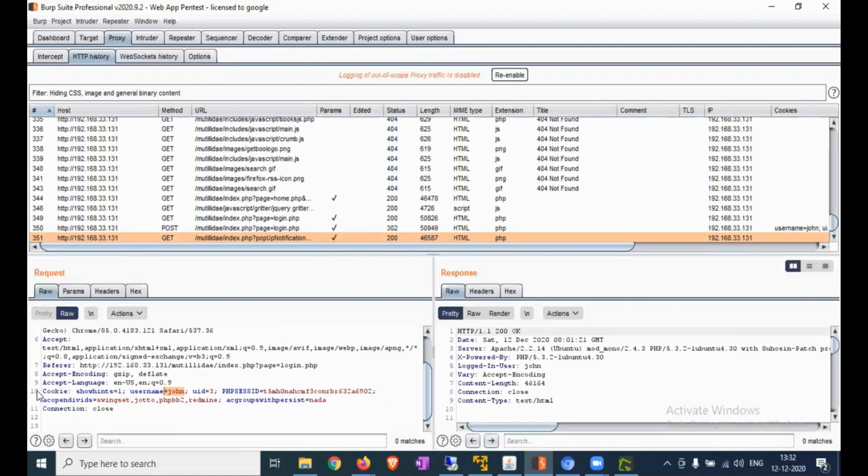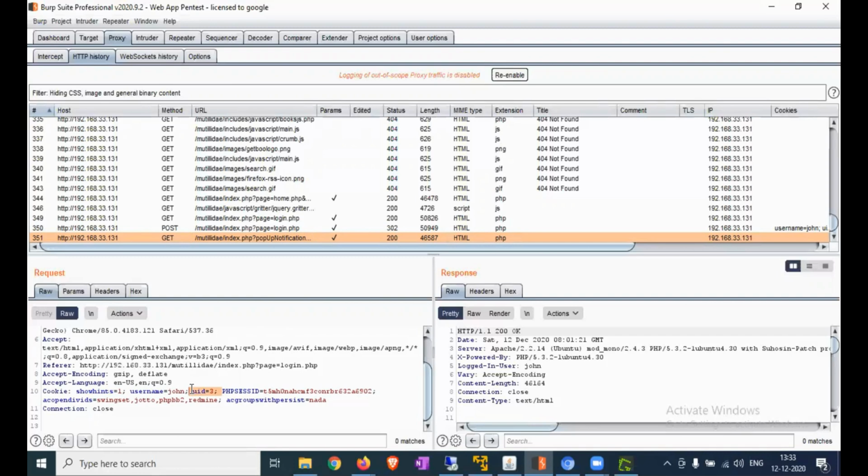First we have to check the cookie line. The cookie line shows that the name and value pairs of most interest include username equal to John and UID equal to 3. What if we attempt to manipulate this value with a different role? Let's attempt to manipulate the parameters username and UID stored in the cookie to a different role. We will use the Burp Suite proxy to intercept this and perform the attack.